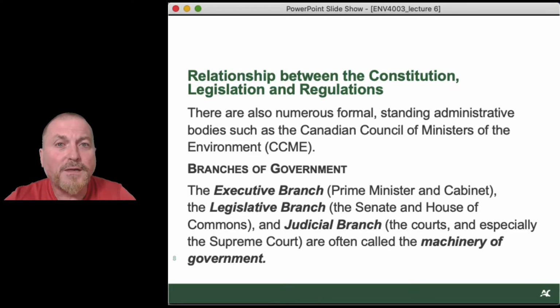But you have to realize that there's also a complex policy environment within the branches of government itself, each individual government. For example, at the federal level, there's the executive branch, we know that, right? There's a prime minister and the cabinet. There's a legislative branch, the Senate and the House of Commons. And there's the judicial branch, the courts, and especially the Supreme Court, all right? This is often called the machinery of government. Why are we concerned about environmental policy? Because to get environmental policies approved in terms of legislation or policy instruments, this is the maze that we have to travel through. And this doesn't even yet talk about